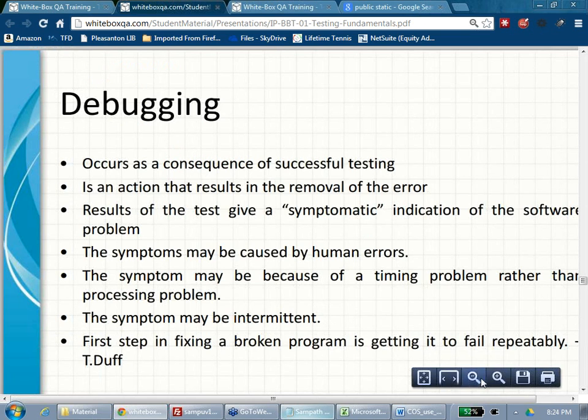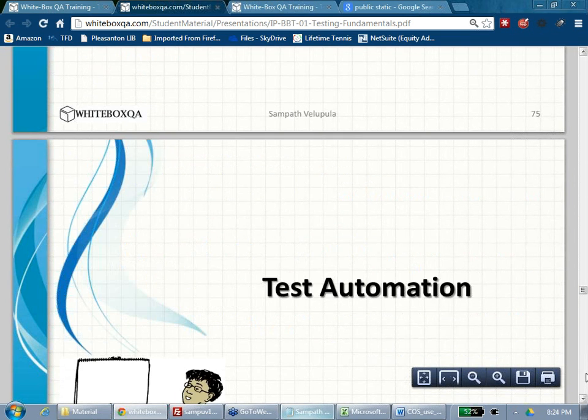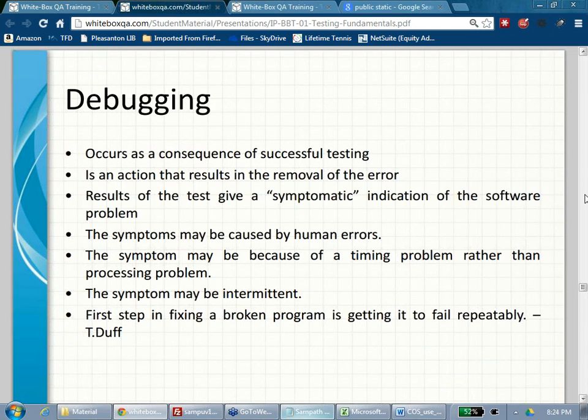So what is debugging? Can anyone tell me? When you find a defect, it goes to the developer and the developer does the debugging. I didn't ask who does the debugging. What is debugging? Fixing the bug is not debugging. Finding the piece of code which is causing this error is called debugging.